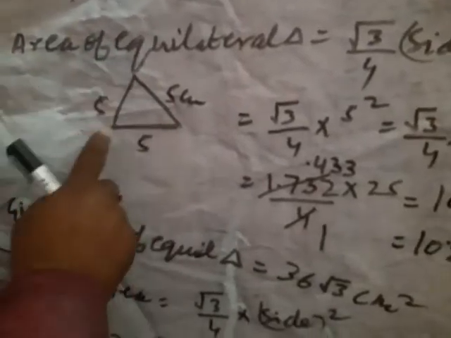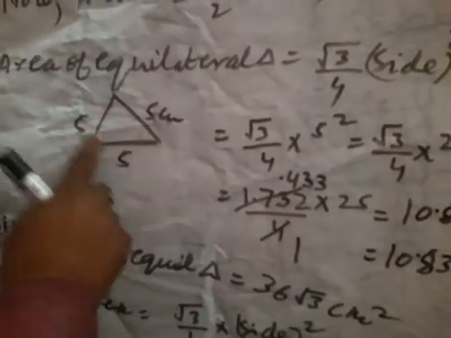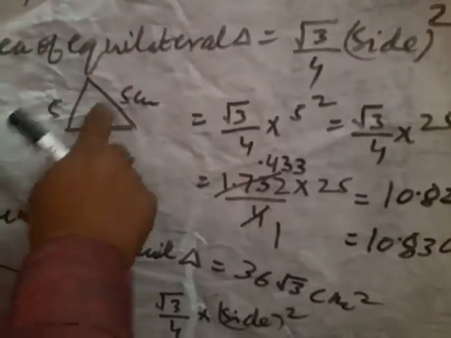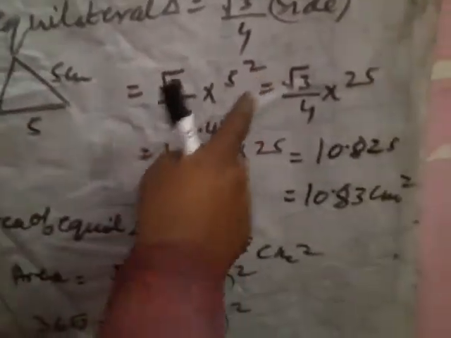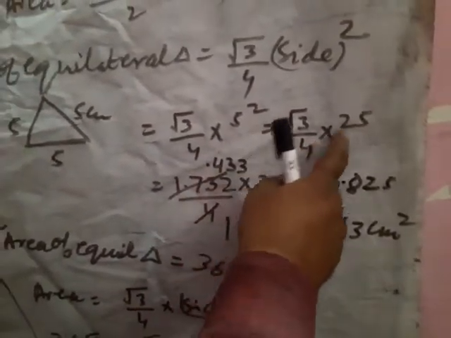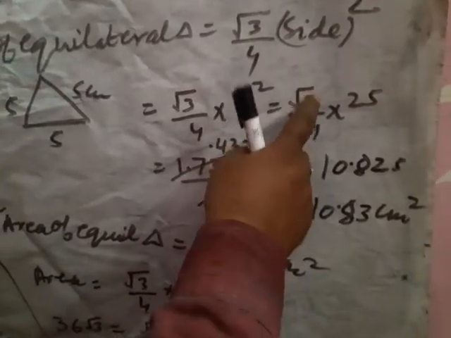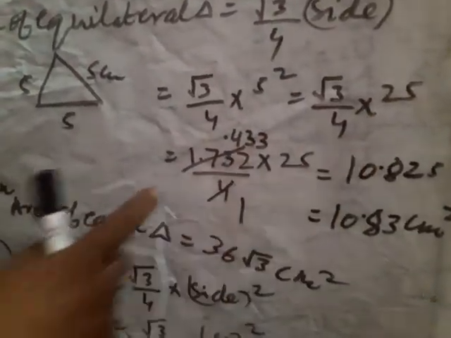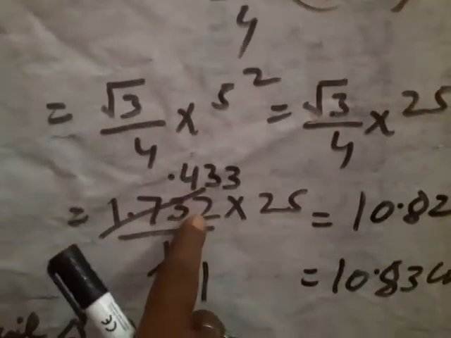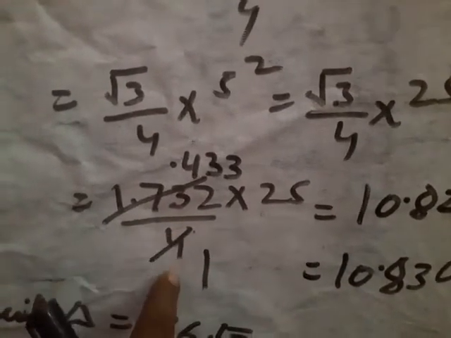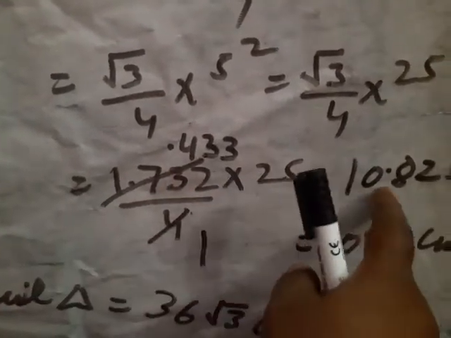If you know this, suppose this is our second part of 8. A triangle whose all sides are 5, 5, 5. So you have to find the area. Then you apply this formula: root 3 upon 4 into 5 square. This is your side, 5 square. Square root 3 upon 4 into 25. And the value of square root 3 is equal to 1.732, as given in the question. So in place of square root 3, you put 1.732. 1.732 into 25 upon 4. After reducing, your answer comes 10.825.